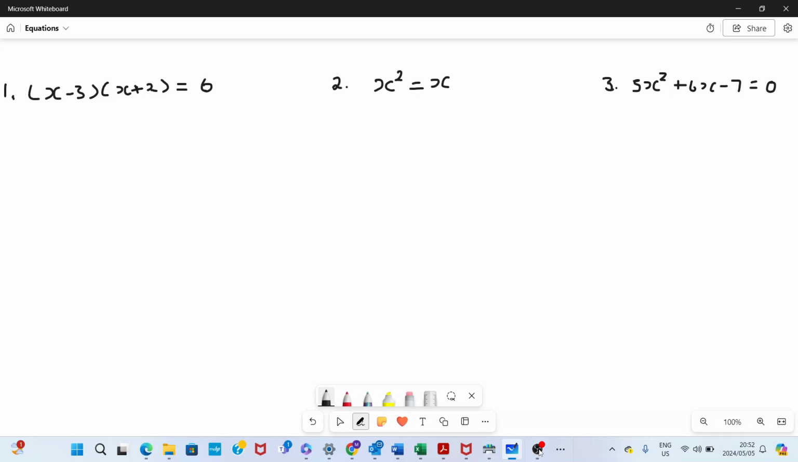Guys, welcome to another session of quadratic equations. So today we are going to be solving for x. We are going to be solving for x for each of these three equations, and then that's all